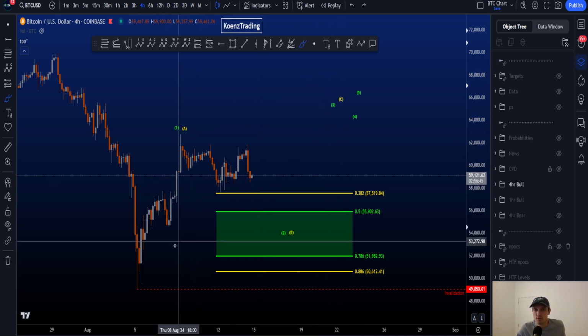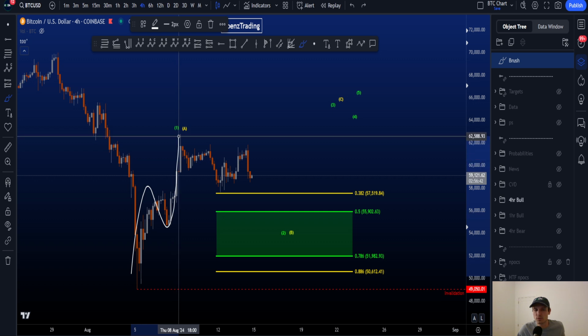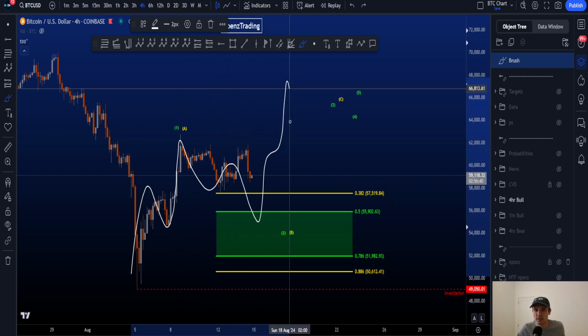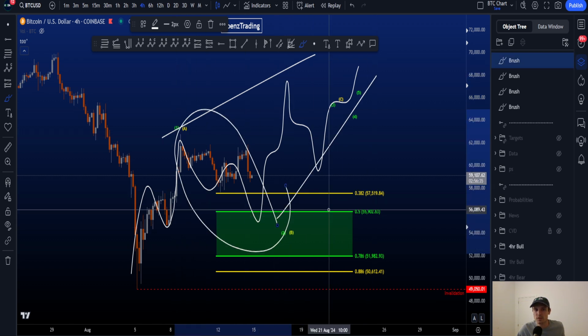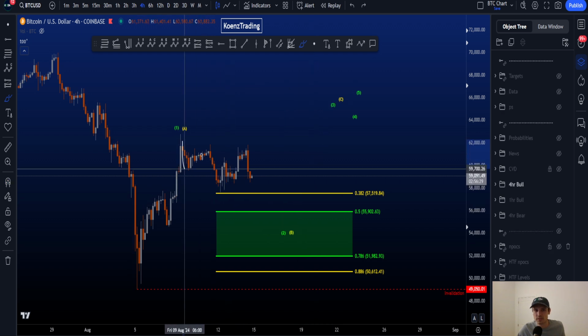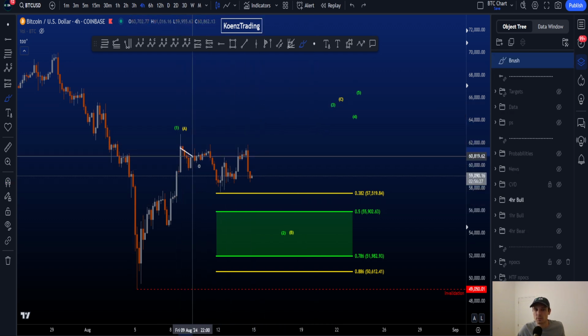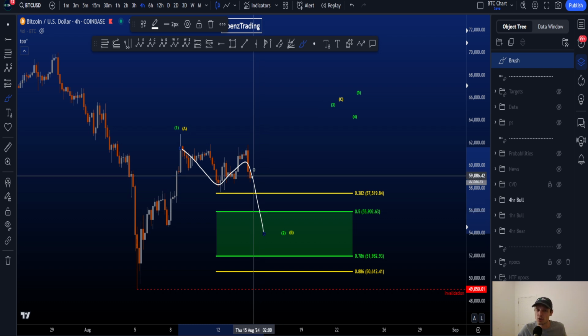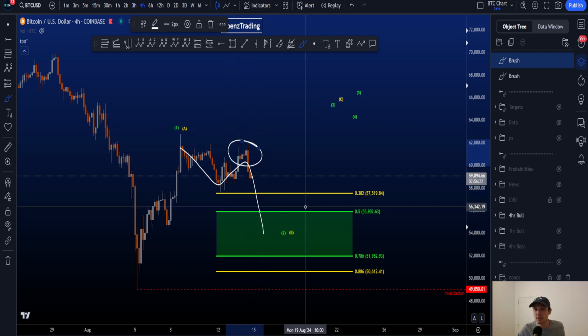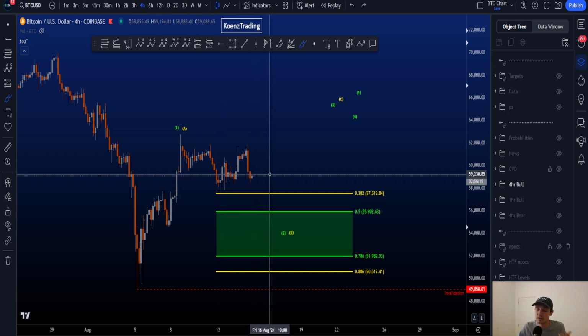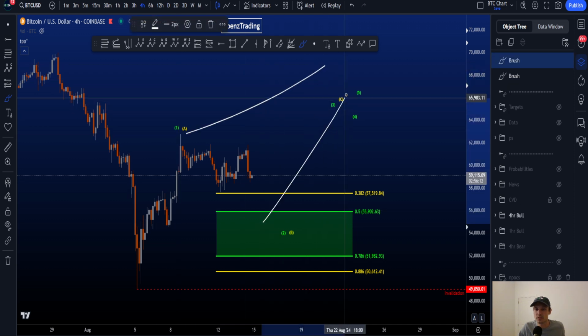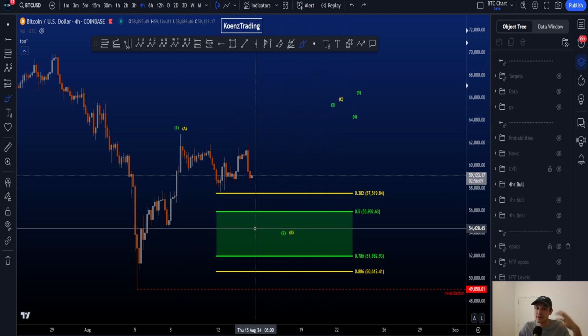Because if we would look for a bigger diagonal, which means a potential 3-wave in 1, 2, 3, 4, and 5, creating a diagonal shape, your wave 2 has to be a zigzag family structure, either a simple zigzag ABC and then move up, or a double zigzag WXY. But as shown, wave X hit the 0.7 Fibonacci, taken from the high to the low here, significantly reducing the probabilities for a double zigzag, which therefore automatically reduces the probabilities for a bigger diagonal structure,